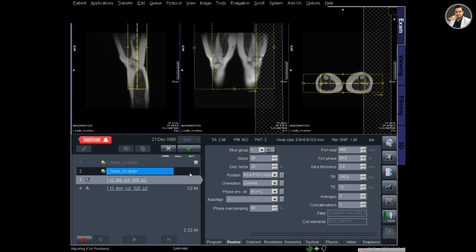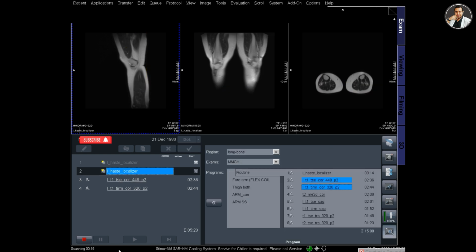So I have to wait for some time. For this MRI of left leg, I used body coil over both legs. If you want, you can also do both legs together, because the coil covers both legs including knee joint and lower thigh. But during planning I will plan only on the left leg.